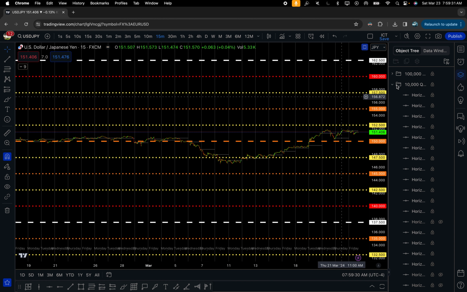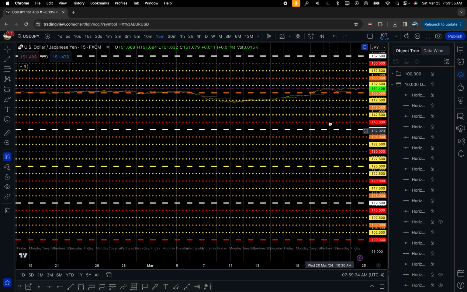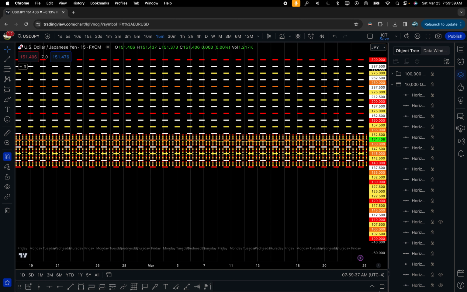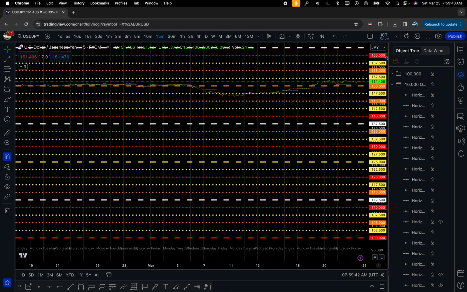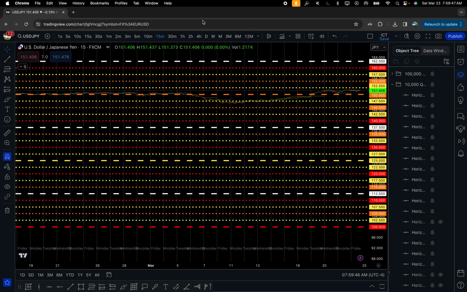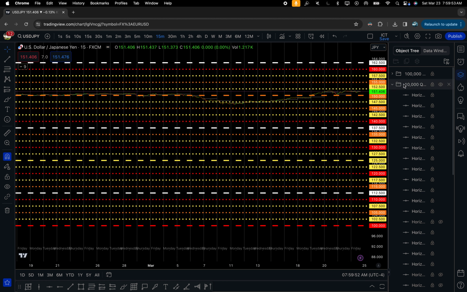See, if I remove them, now all of a sudden everything is very consistent. And I've only got these levels drawn here. See what I'm saying? Because price is here. But it's just, as you can see,